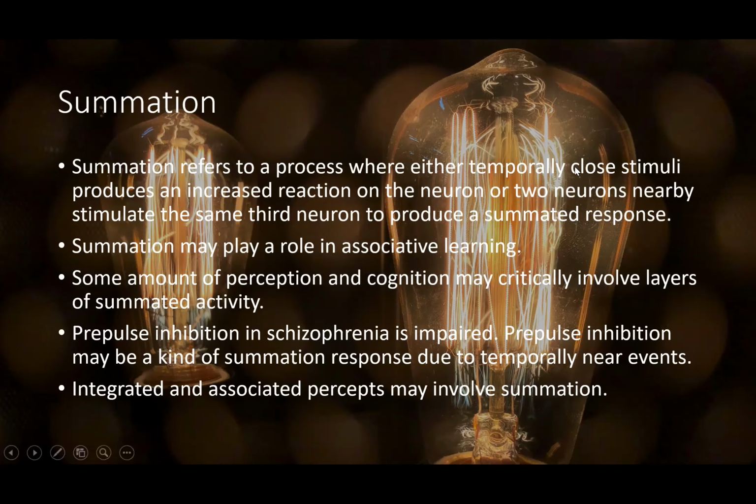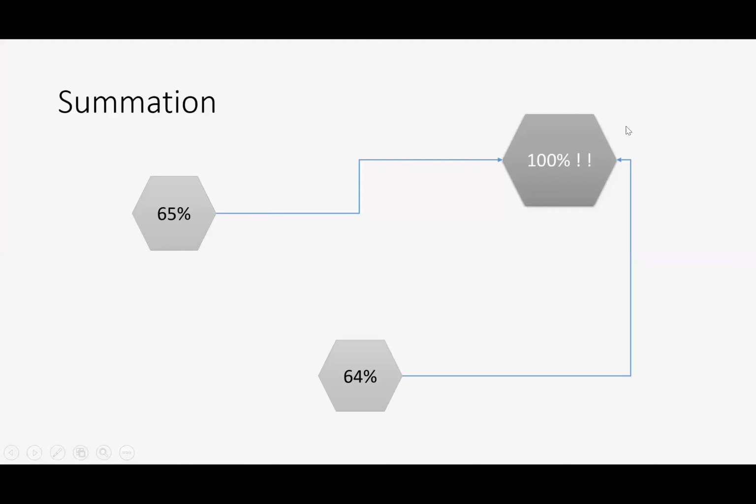But you can kind of see this connection with temporal summation, how prepulse inhibition might kind of represent a similar tendency. It might be a problem of summation. And this theme will come back in a little bit. Okay, so here is a diagram. It's kind of not very exciting, but this is an example of two different neurons right here. This is one, and then this third neuron is being stimulated by both of them, and it has a summated response.